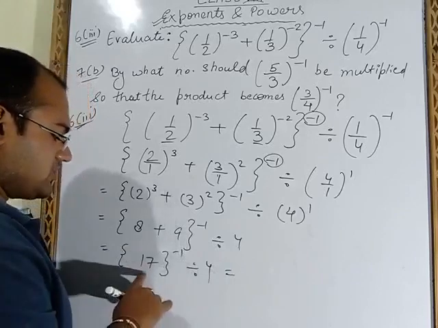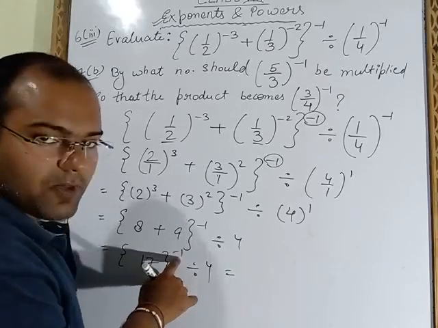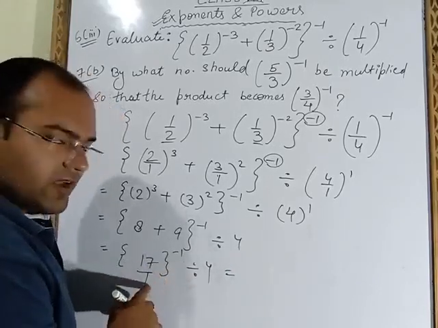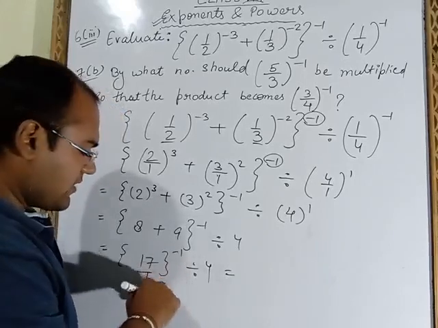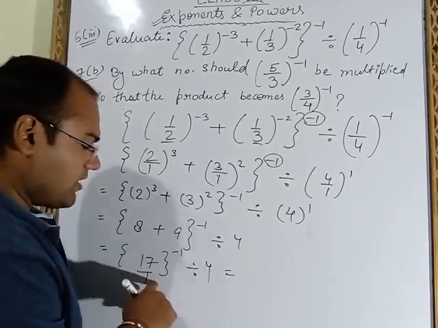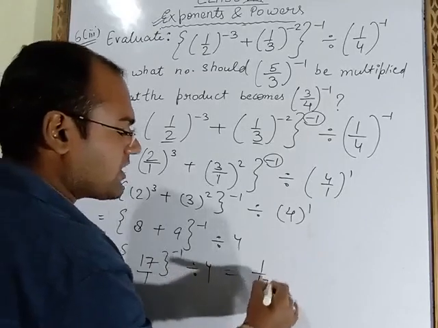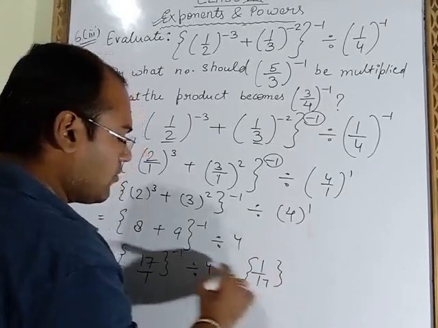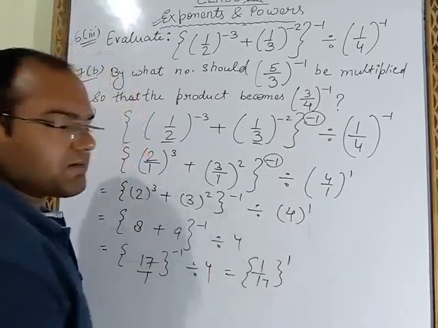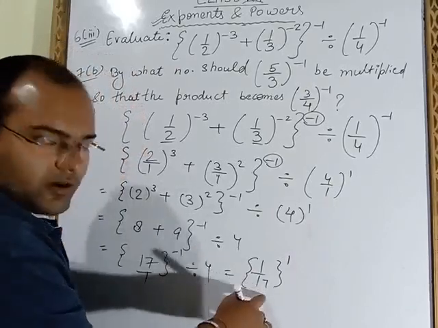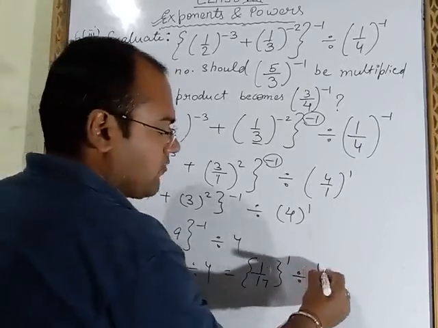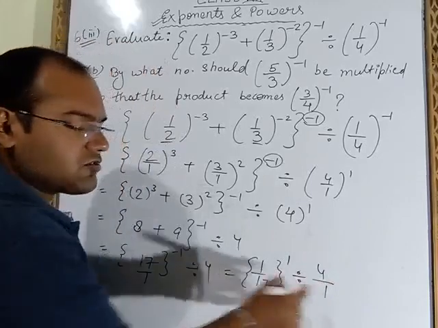Now next step is this 17 is having power negative. So here we will take 1. In order to make this power positive we have to do reciprocal. So 17 upon 1 is given, we will take 1 upon 17. Then whole power minus 1 is there, but we will write plus 1 now because we have taken reciprocal. Divide 4 upon nothing is there so we will take 1.